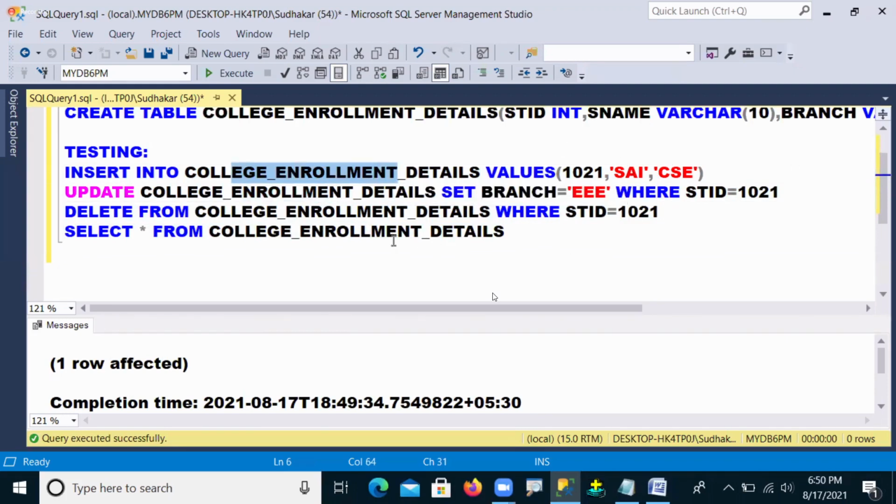But now suppose you feel, why should I write this much name in my queries?